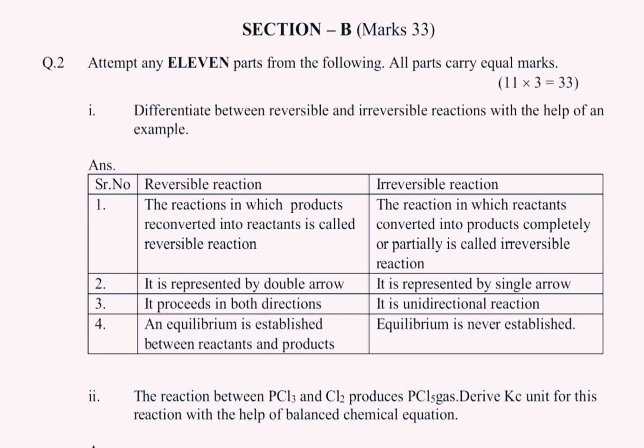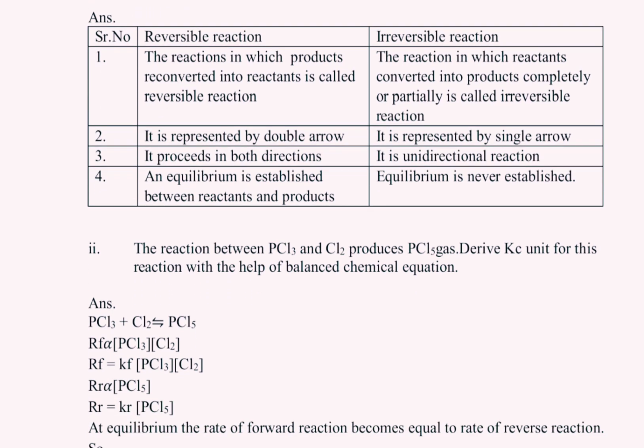In case of irreversible, there is no sort of equilibrium established. You can write Haber's process equation, ammonia formation, and you can also write the formation of phosphorus pentachloride as